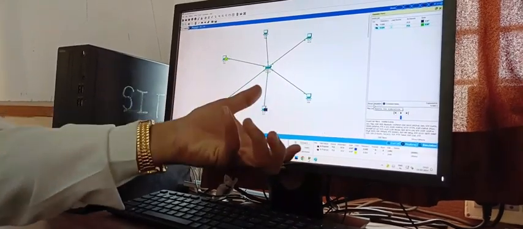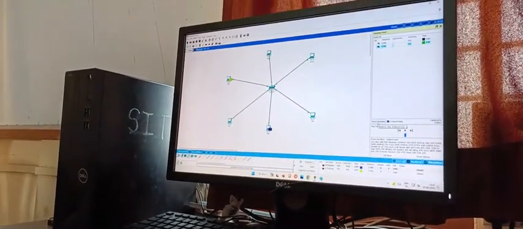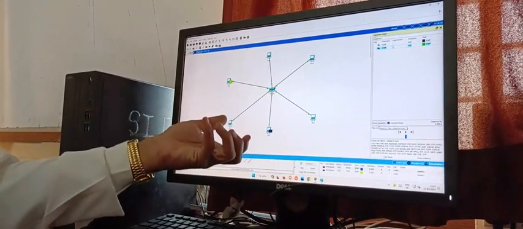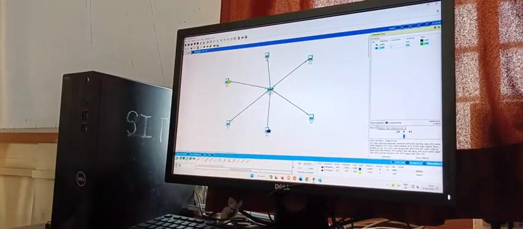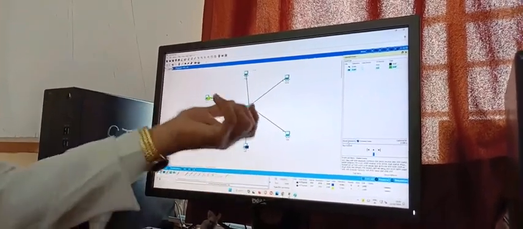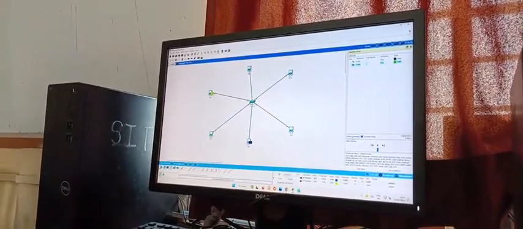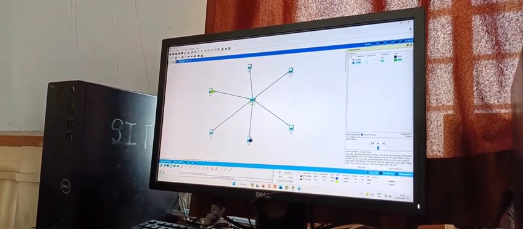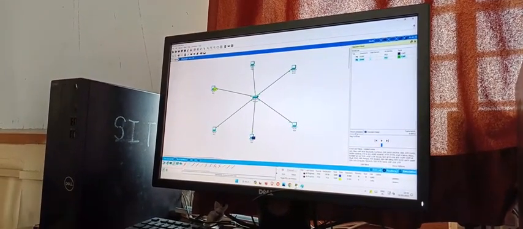For the data in the network, whatever packet you want to share, you can share that packet to those devices, and according to that you can see exactly how the packets are sent from one device to another device.